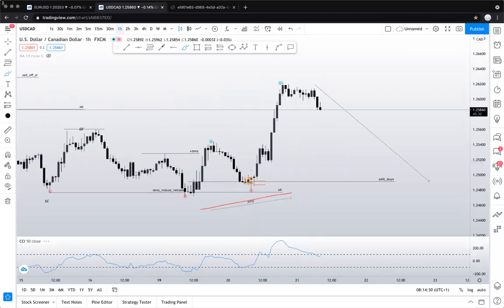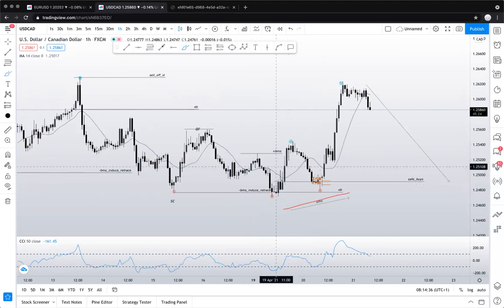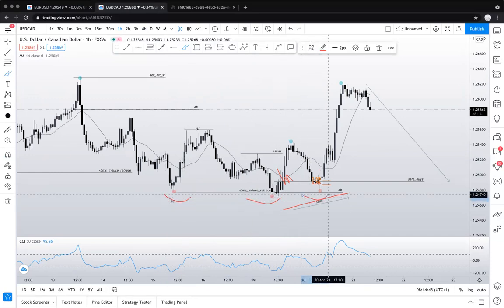And that is where it is mostly beautiful, because you got this here. This was your first entry. This was your shift of market structure. You got that retail inverted heads and shoulders here. And on Wyckoff, you got that beautiful